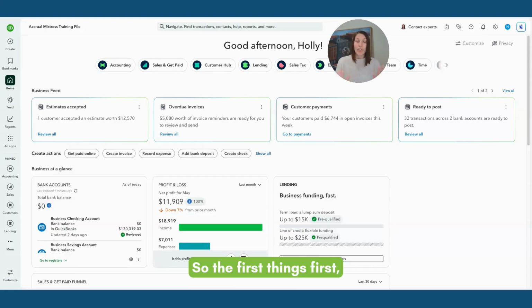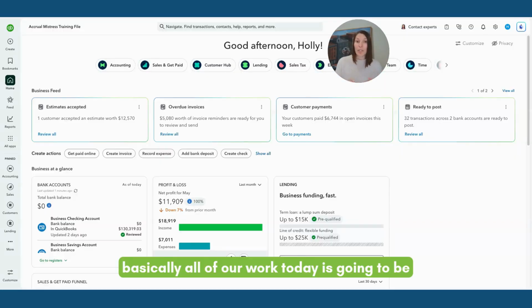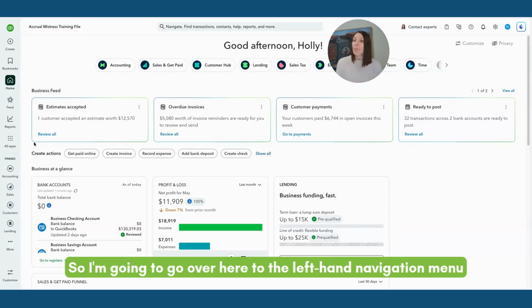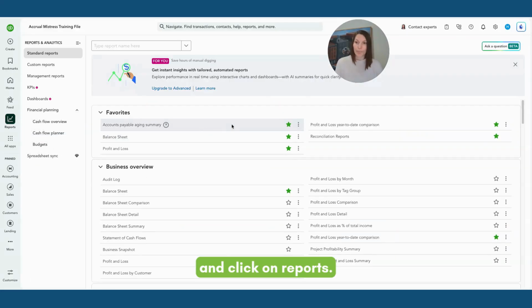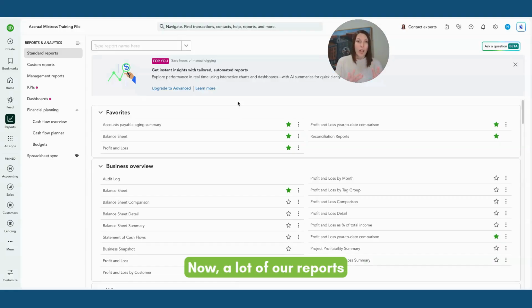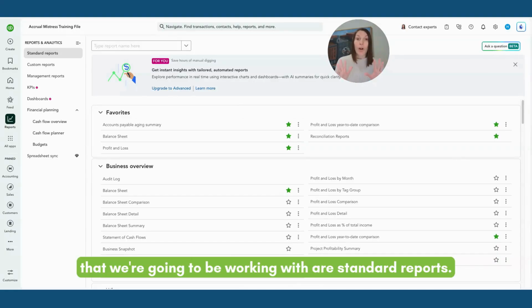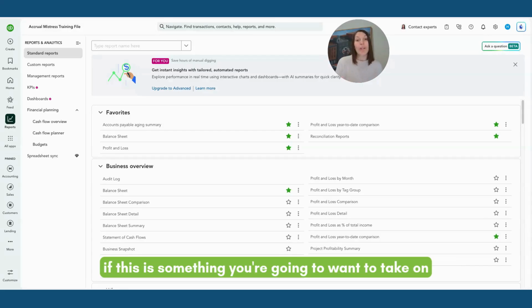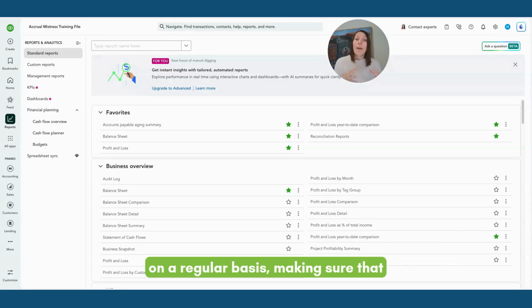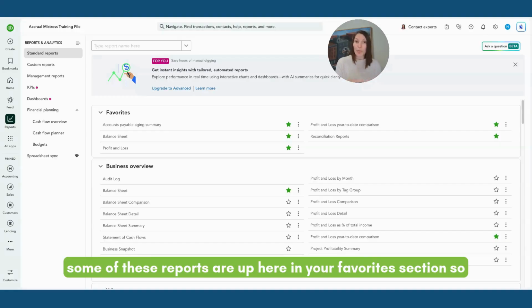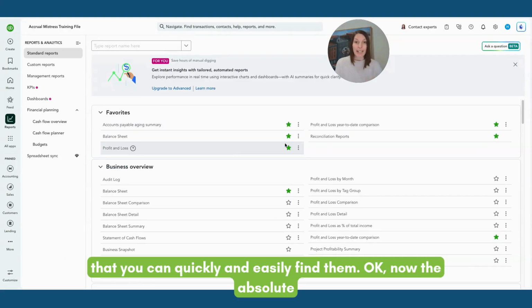So first things first, basically all of our work today is going to be in the reports section of our QuickBooks file. So I'm going to go over here to the left-hand navigation menu and click on reports. Now, a lot of our reports that we're going to be working with are standard reports. They're quick and easy to pull, okay? But I do highly recommend, if this is something you're going to want to take on a regular basis, making sure that some of these reports are up here in your favorites section so that you can quickly and easily